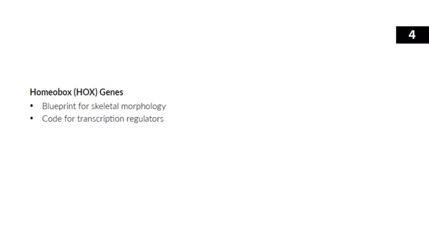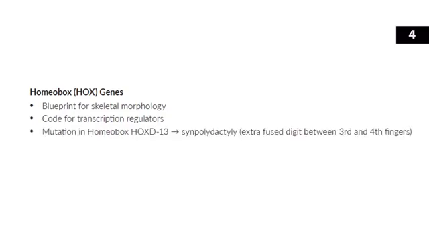Basically, HOX genes make sure that the skeleton is laid out correctly, so you don't have arms and legs in the wrong places. There are some experimental models in which they've altered the HOX genes in fruit flies, and they end up growing legs on their heads where the antennae should be, or an extra set of wings, that sort of thing. In humans, mutation of the specific homeobox gene